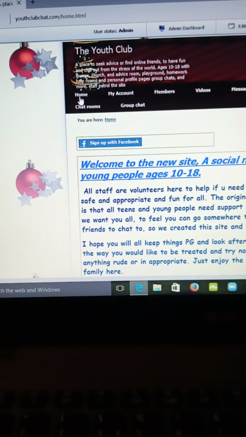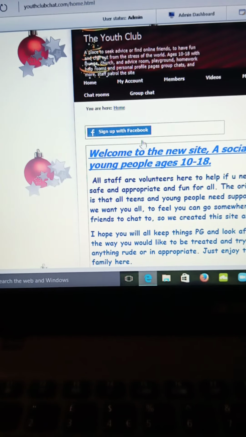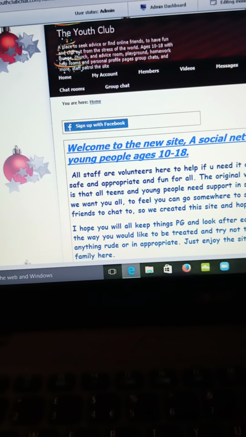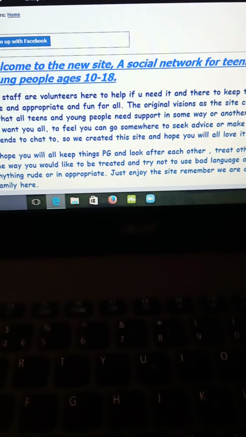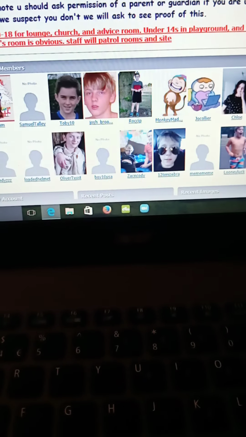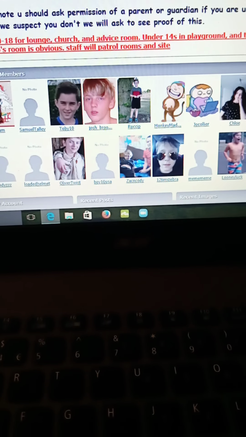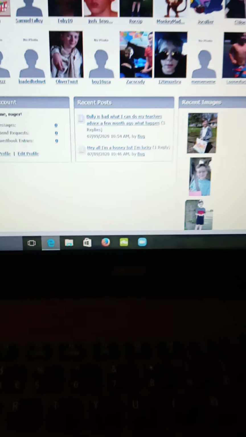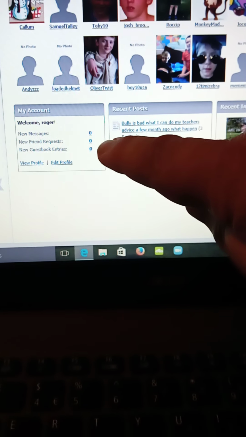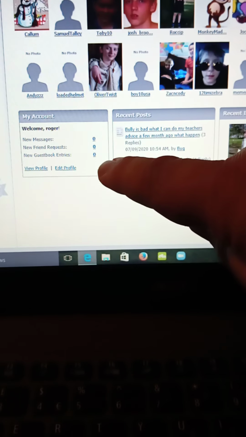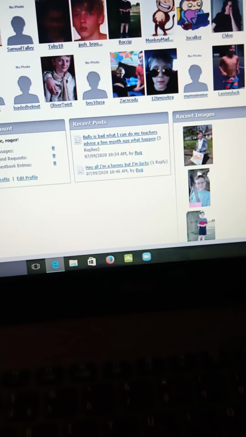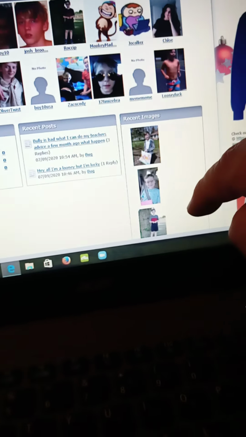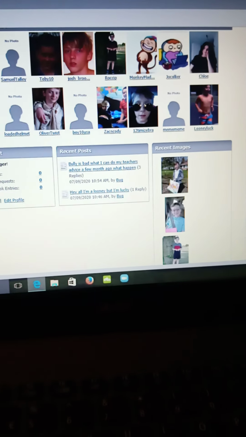Normally when you go in as a new member to the site, you will see this page here. It gives a rough introduction to the site, a welcome page so to speak. As we go down, you see some of the recent members that have joined us. And down here at the left hand side, it will tell us whether we've got any new messages, any new friend requests, and any new guest book entries. In the middle, it'll give you some recent public posts and some recent images that people decided to post. As we go back up,